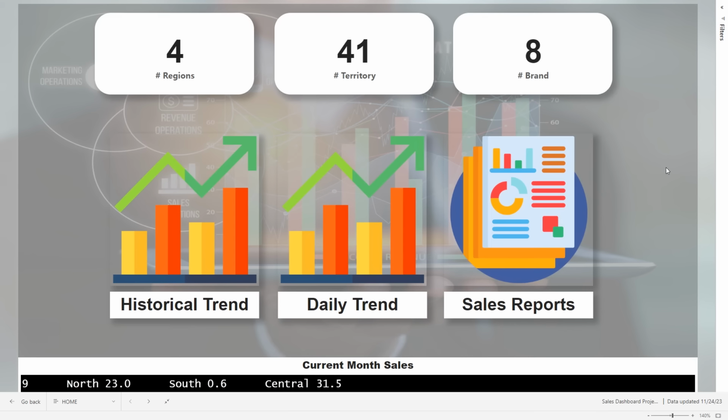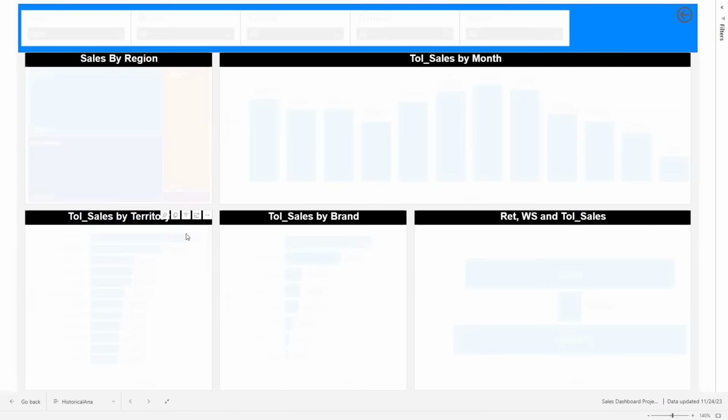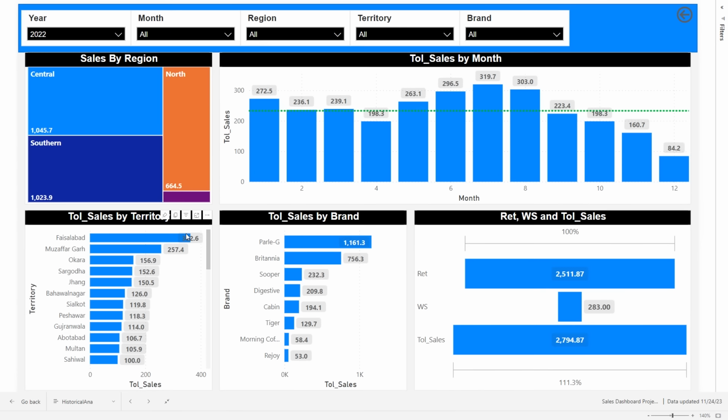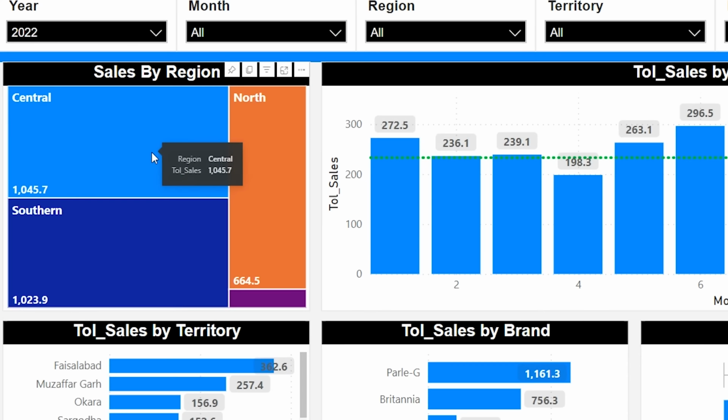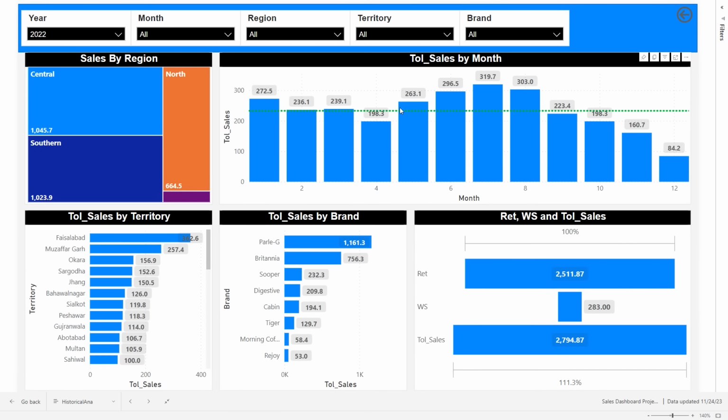So first of all, I'm going to visit this historical trend. If I click on it, it leads to the main report. On this report, I have the trend on the basis of month by month. This dashboard is sliced for the year 2022 and I have the sales from January to December. In the first chart, I have the sales on the basis of regions. The central and southern regions have the major portion of the sales. Similarly, I can see the trend on the basis of months. These are territory wise sales, these are sales by brands, and this is the segregation of sales on the basis